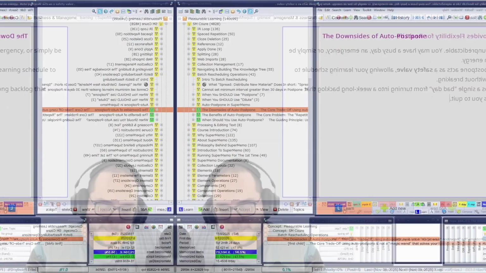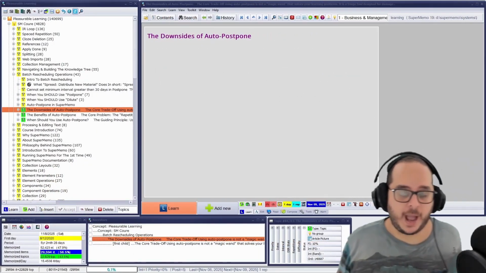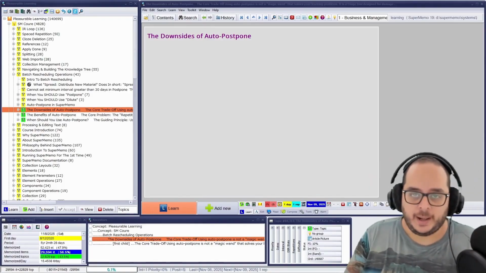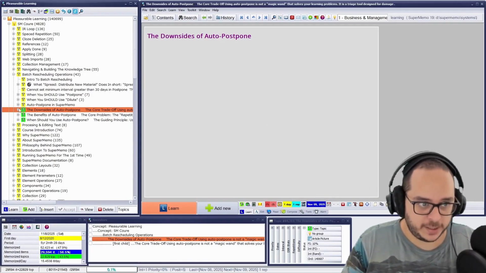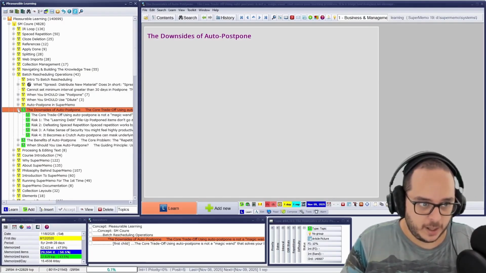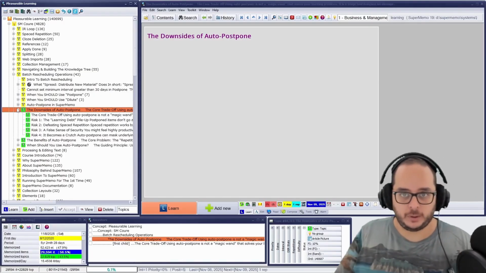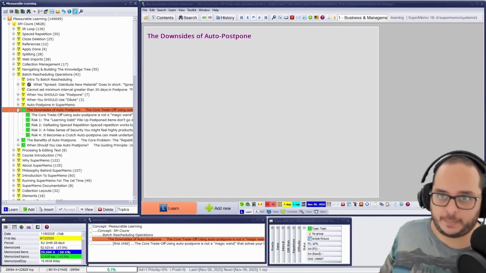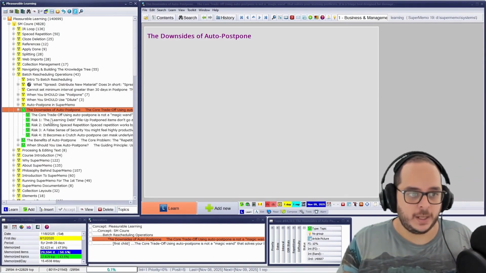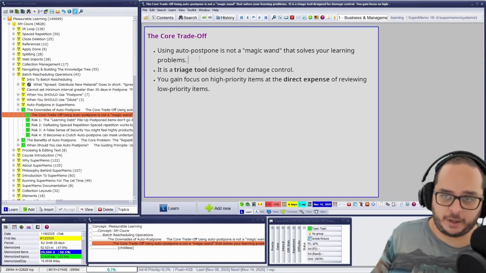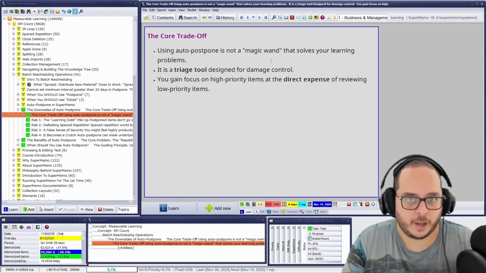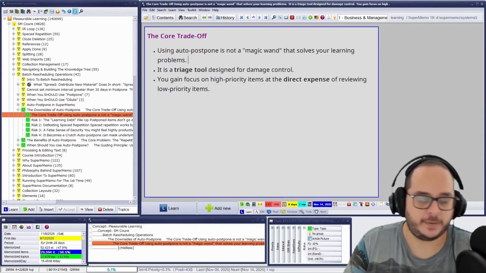Rule of thumb. Now that we have introduced Autopostpone, let's see the downsides, as with almost everything in SuperMemo, when you change the defaults, you have a lot of power to overrule SuperMemo. As always, there are pros and cons. So let's see the cons. First, it's a trade-off. If you have it on, you're gaining something at the cost of something else.